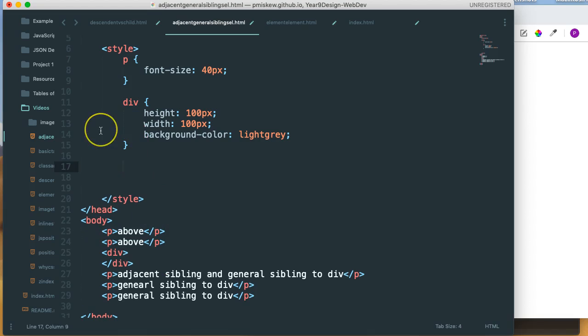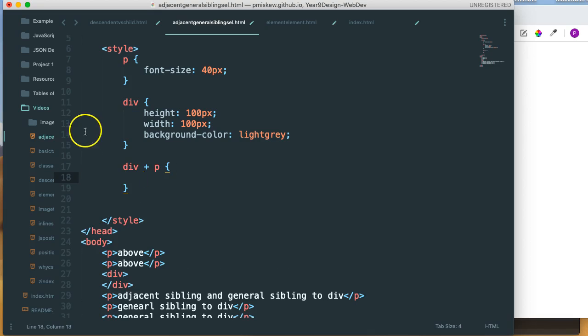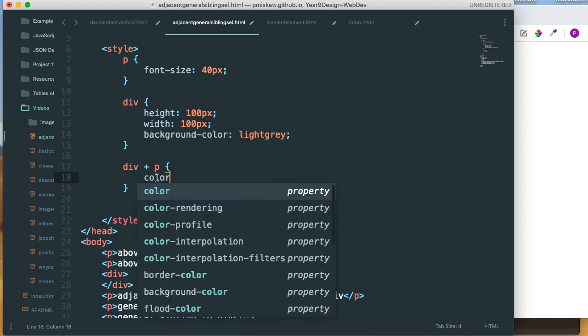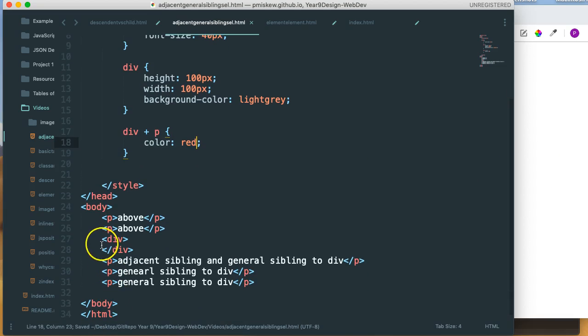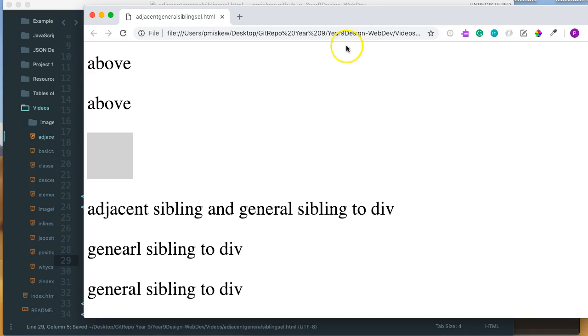So let's start with the adjacent sibling selector. If I write div and a plus p, what that says is find all the divs and take all the adjacent siblings that are p's and then apply this style to them. And we're just going to set the color to red. This is going to find the div which is here, and it does have an adjacent sibling which is a p, and it will set the color of that to red,